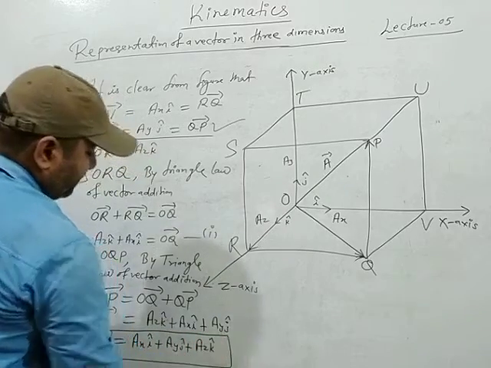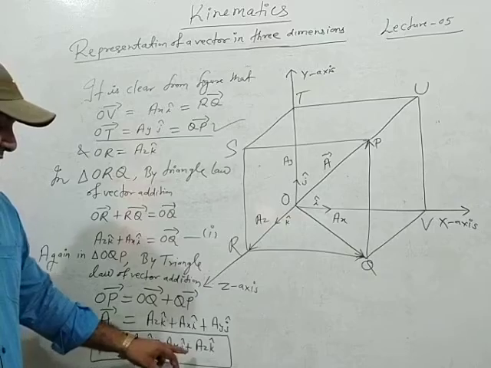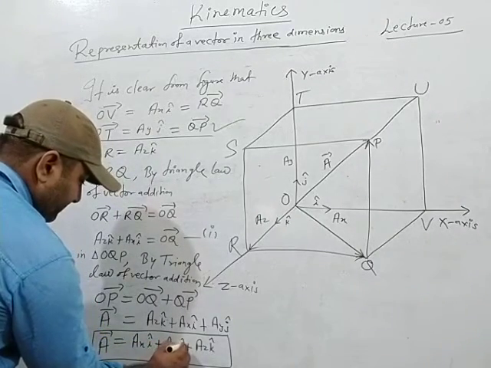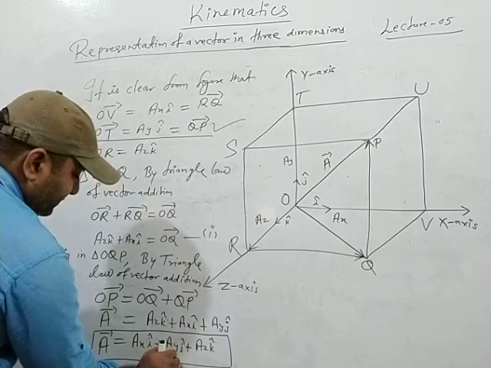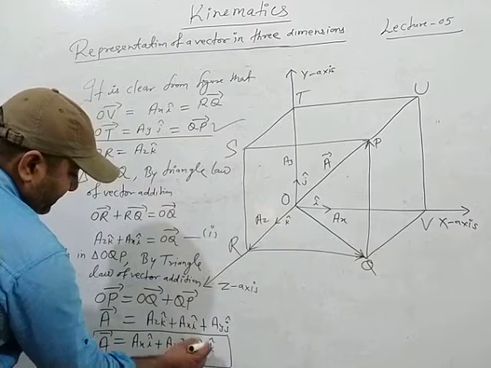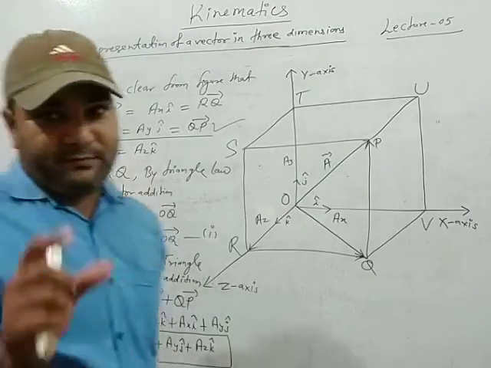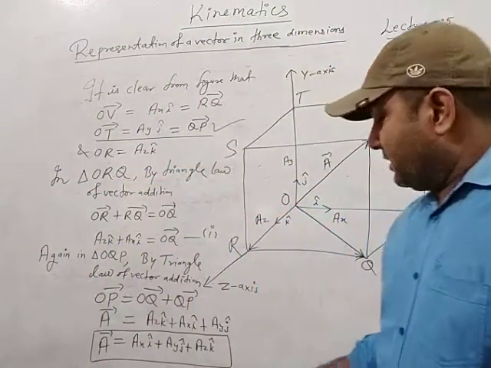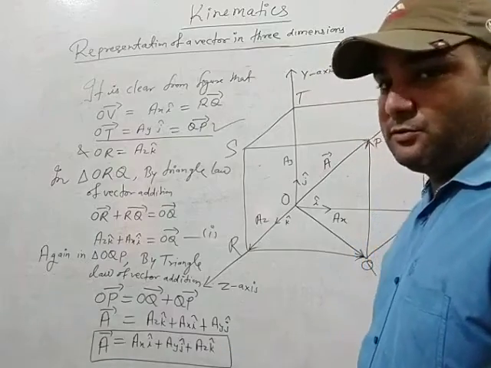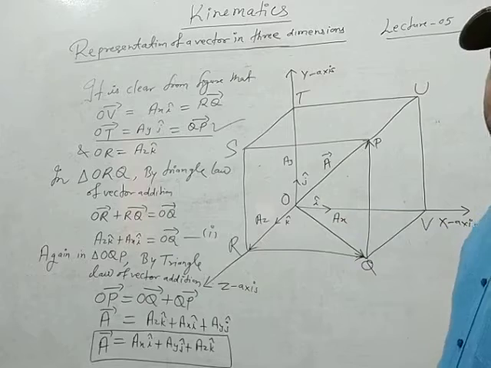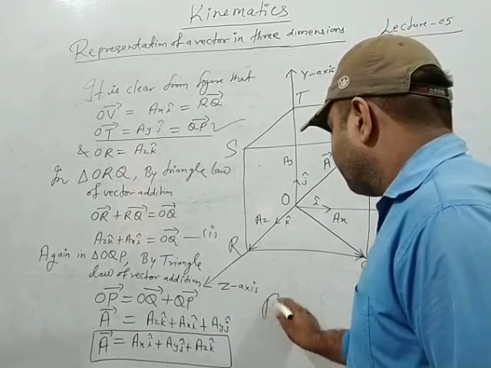In this way, the representation of a vector in 3 dimensions in terms of unit vector i, unit vector j and k. Clear? So all the 3 unit vectors i, j, k are used here. So this is the exact representation of vector A in 3 dimensions, and